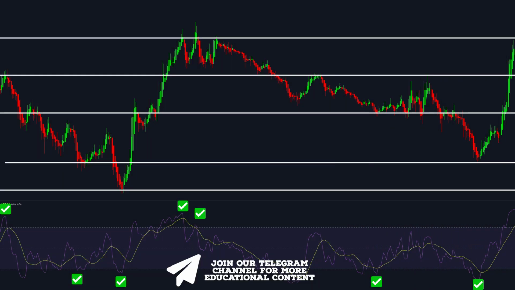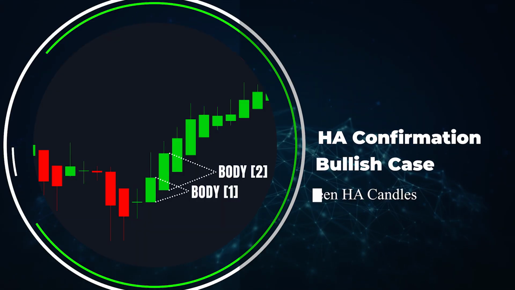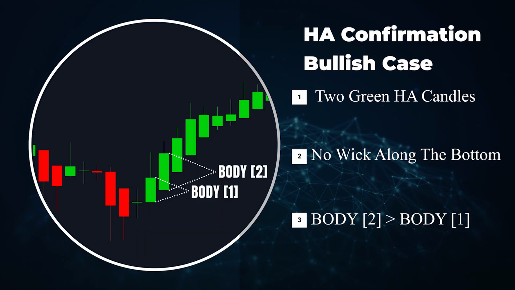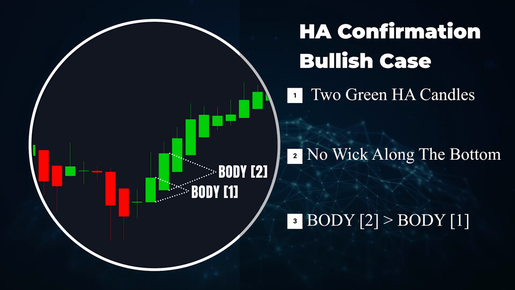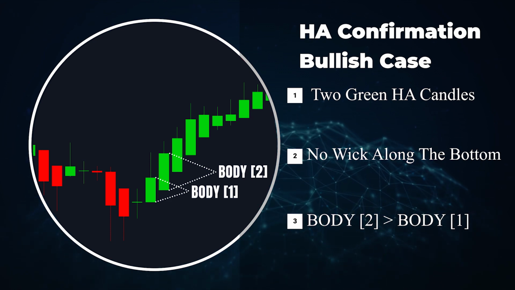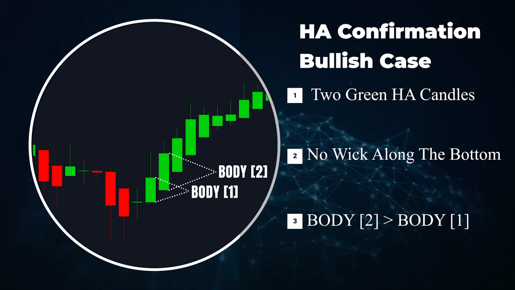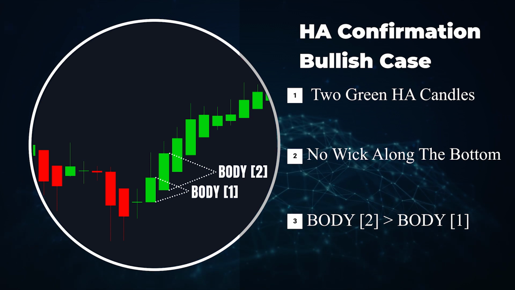Finally, let's discuss the last step. We need to confirm our previously established setups through the Heikin Ashi price action. In a bullish case, we should wait for 2 Heikin Ashi candles with no wicks along the bottom, and it is important to note that the body of the second candle should be greater than the body of the previous one. From a price action standpoint, it will mean for us a clear momentum gain, thus increasing our chances to